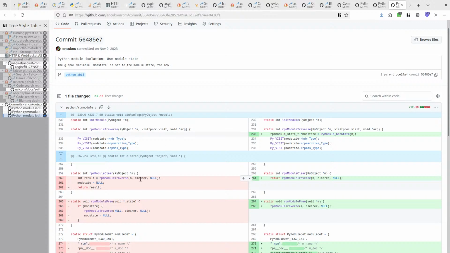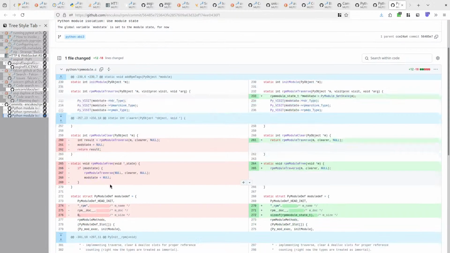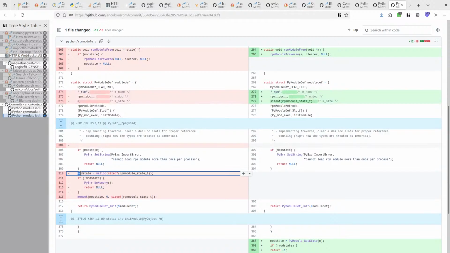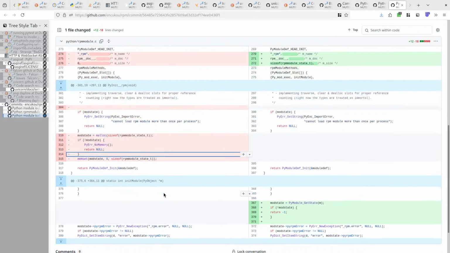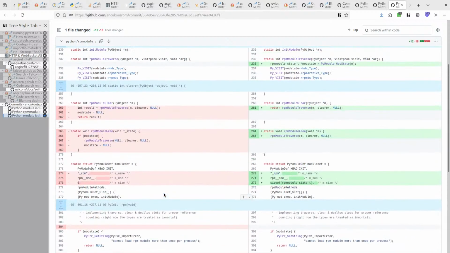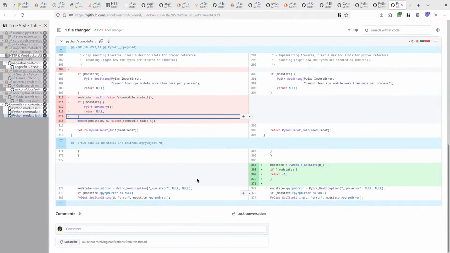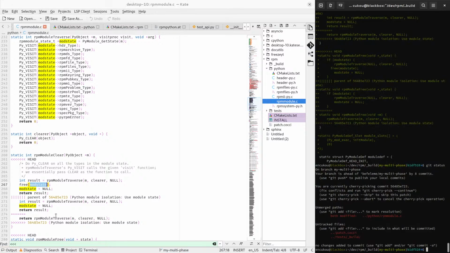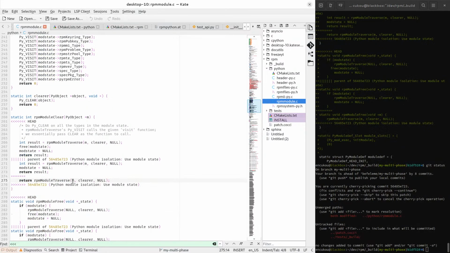And so I'm not sure why this is done here, but